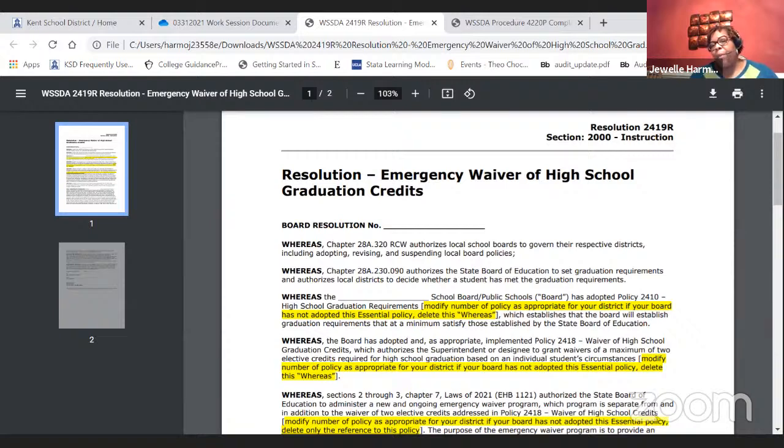So for example, we may waive a high school math credit, but that does not mean that their post-secondary institution would not put them in remedial math courses because they have not met their requirements to be able to take freshman math, for example. It also limits districts to only being able to waive 1 credit per subject area, and students can graduate with no less than 20 credits.